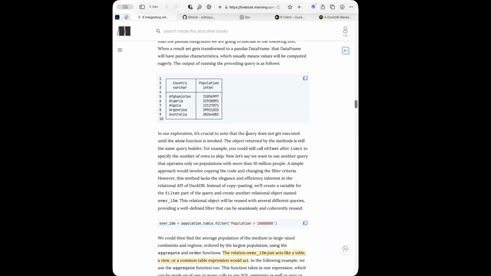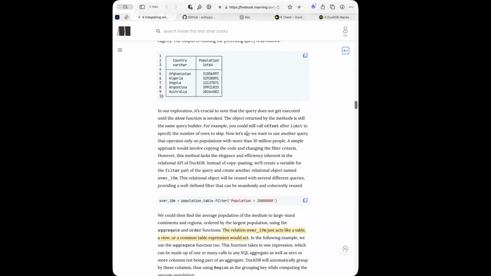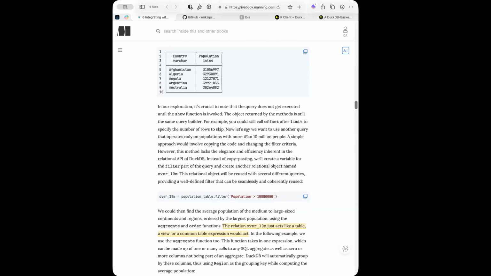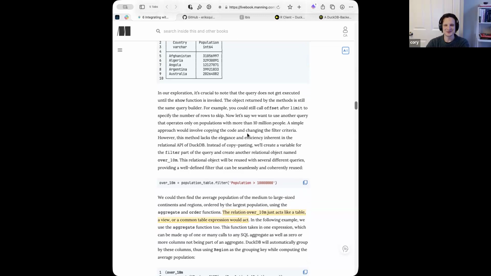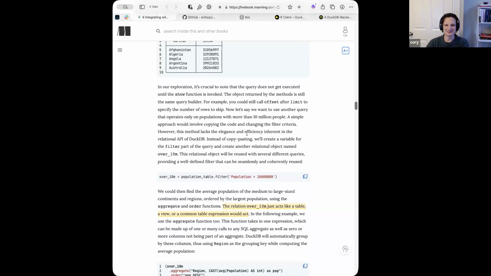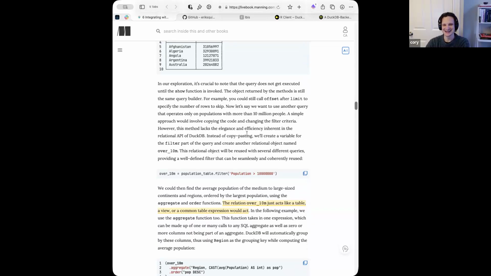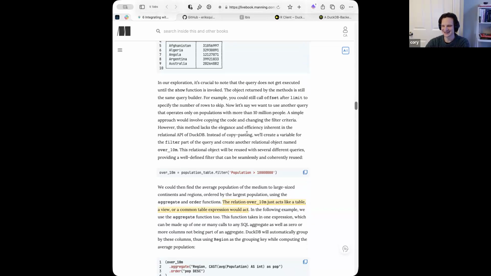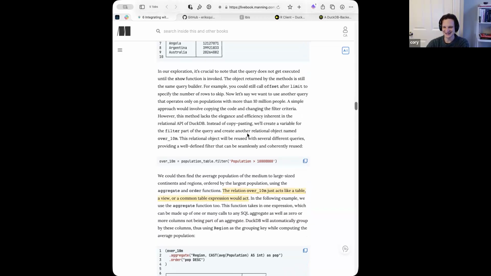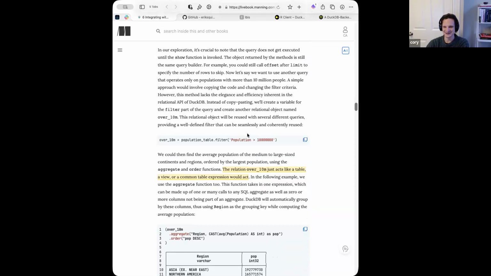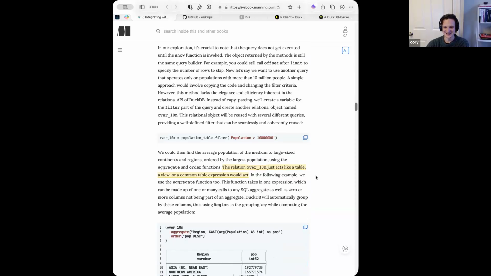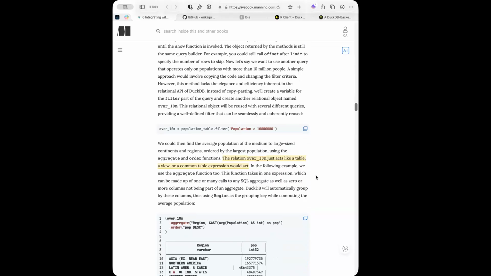I won't put too much blame on DuckDB for that. Pandas, if you're trying to filter columns, does the exact same thing with a native data frame in Python. I was reminded, even just in this little pandas section coming up, how much I don't really like pandas. I can never remember how it works. I think it's such an overly complex syntax, and I don't love it. So jumping forward just a little bit,